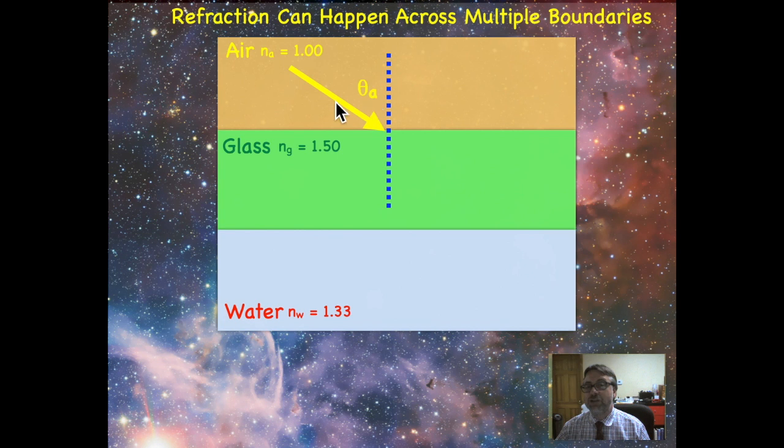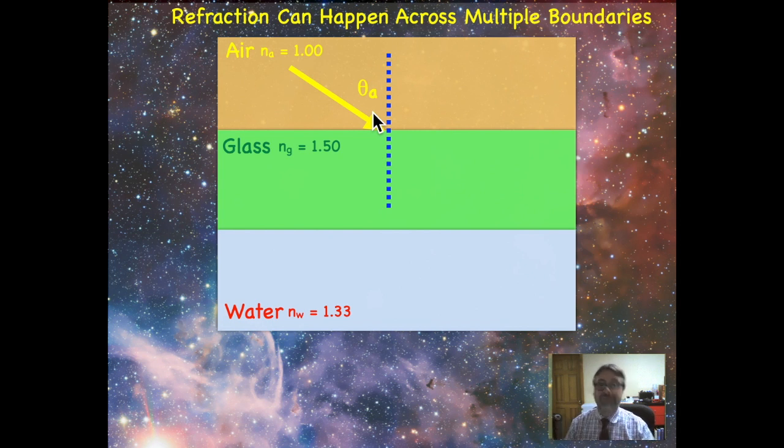And I can measure the angle of incidence in the air, where I'm just going to label that theta A. It's starting here, so that's what the I stands for, incidence. But it quickly can become confusing. Are you talking about what material the angle is being measured in? So by putting A on my angle measurement, that indicates this is the angle when the light